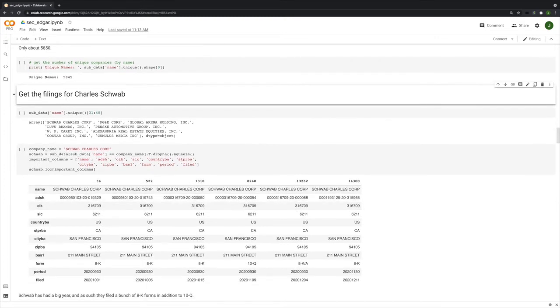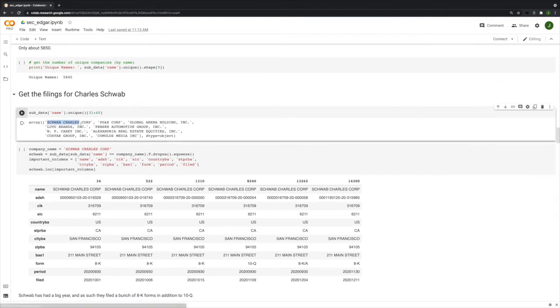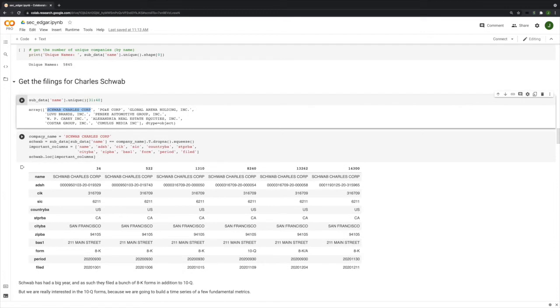And then we're going to use the filings for Charles Schwab. How I came up with that was I just started with subdata name.unique and started looking through, trying to pick out a company that I was interested in looking more into. And I came up with Charles Schwab right here. So company name is this. Needs to be the same thing